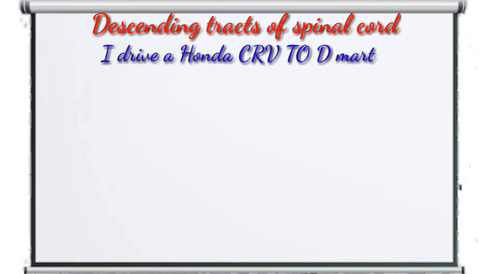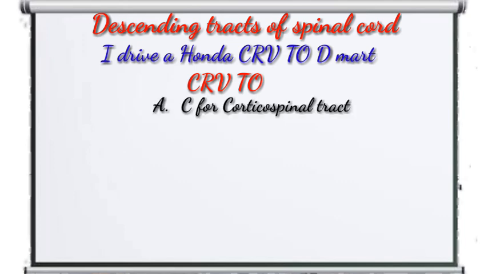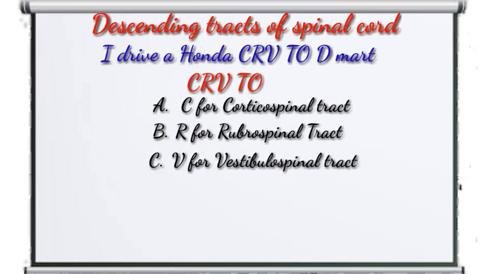To DMart, I drive Honda CRV to DMart. Now take each alphabet from this. So which are the alphabets to be considered? C, R, V, T, O. So this C stands for corticospinal, R stands for rubrospinal, V stands for vestibulospinal, T stands for tectospinal,